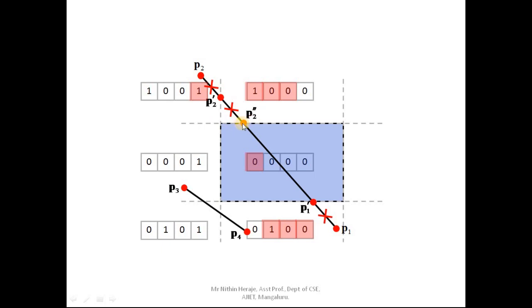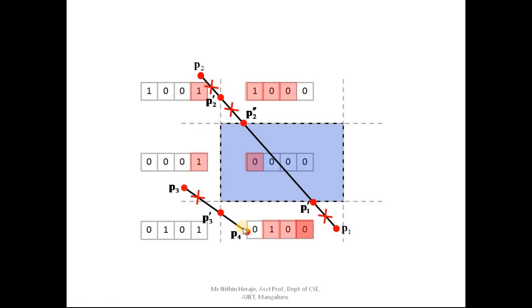Once this is done, you have two new points, P1 dash and P2 dash, which both lie inside the clipping window. So there are no issues now. This is the line that should be there within the clipping window. Next we have the line segment P4 and P3, so we'll look into it now.